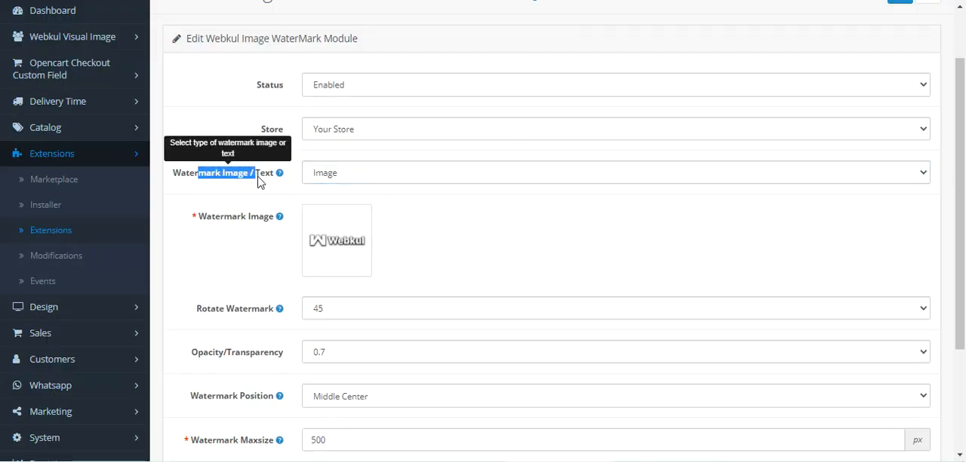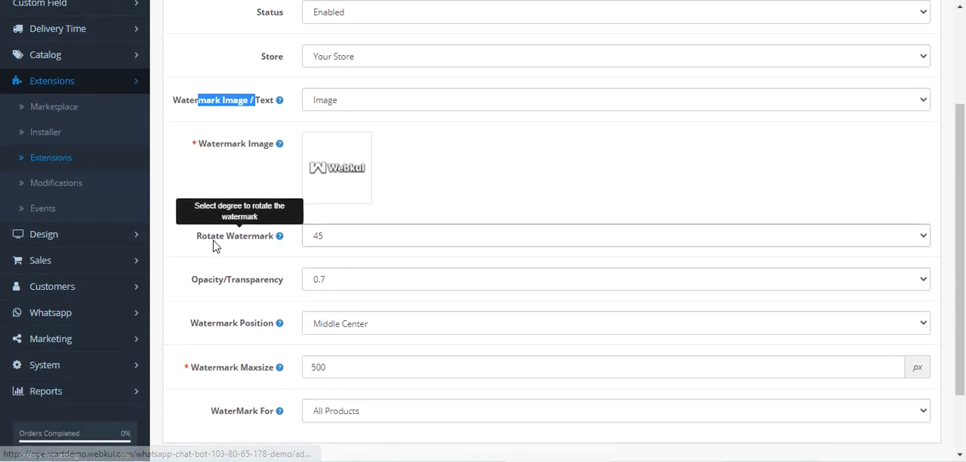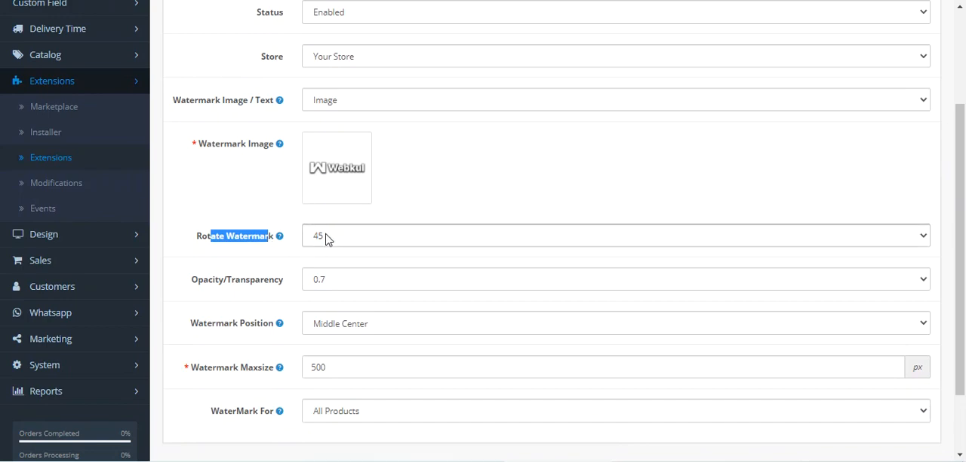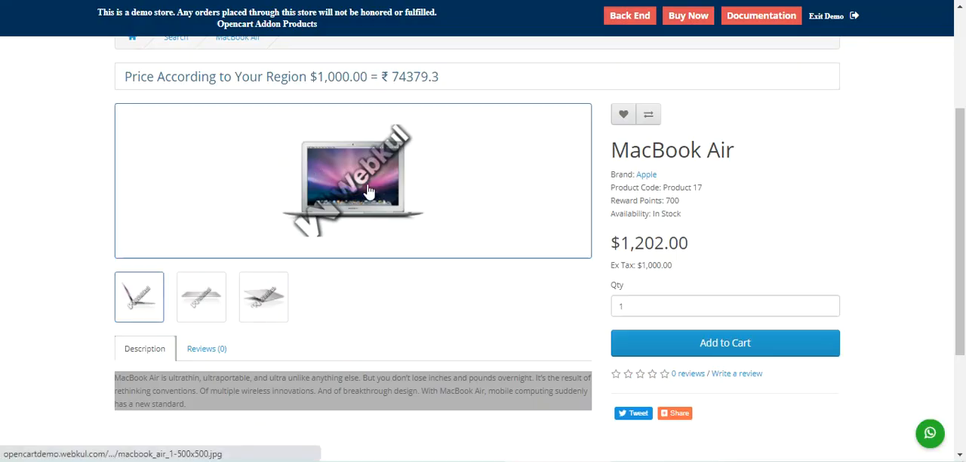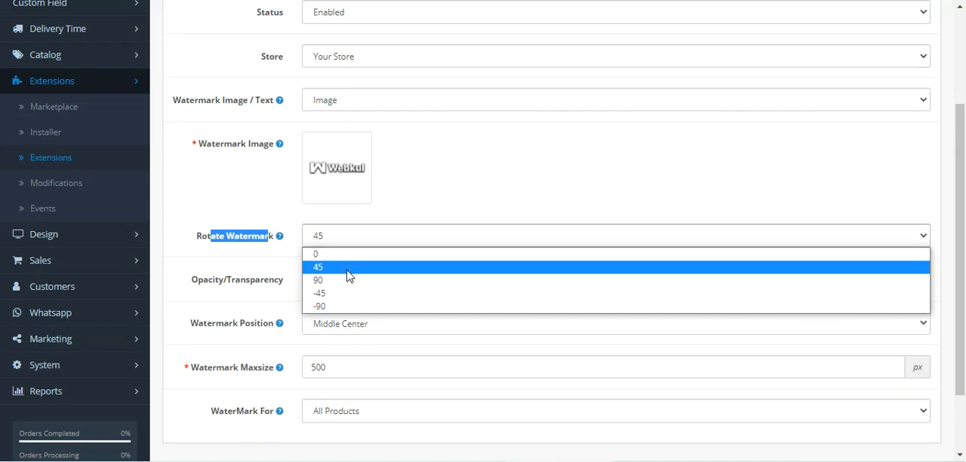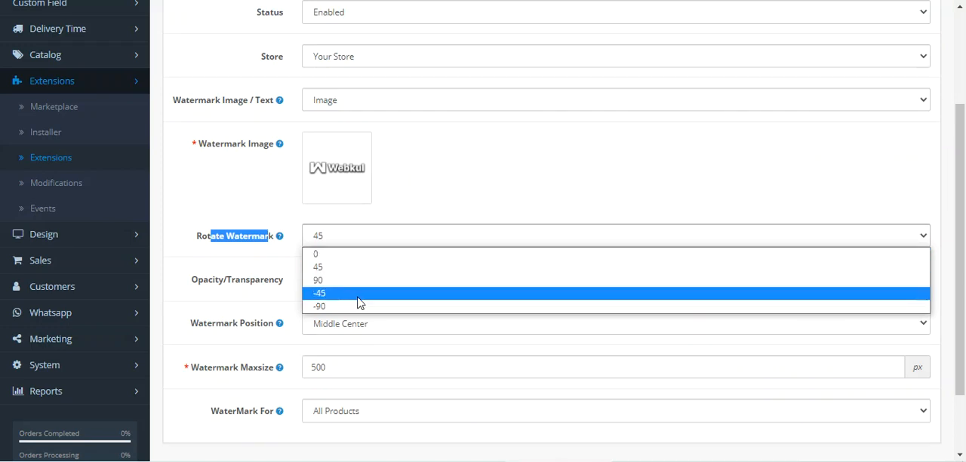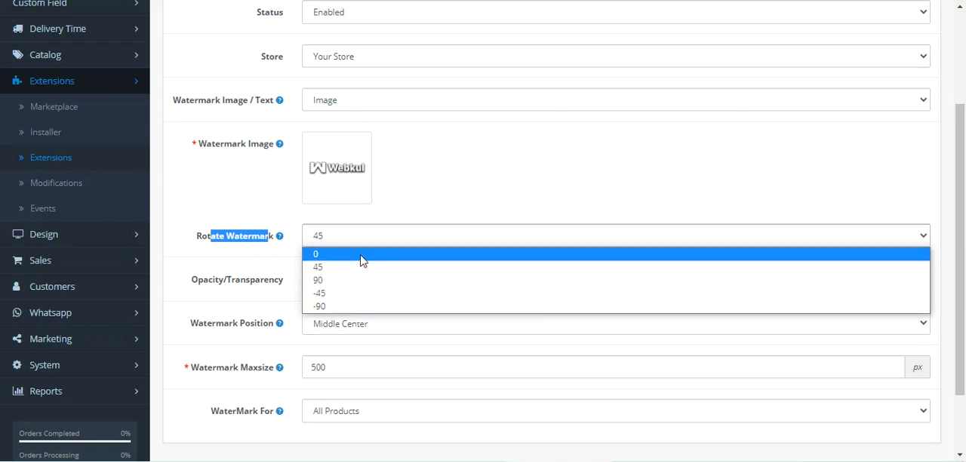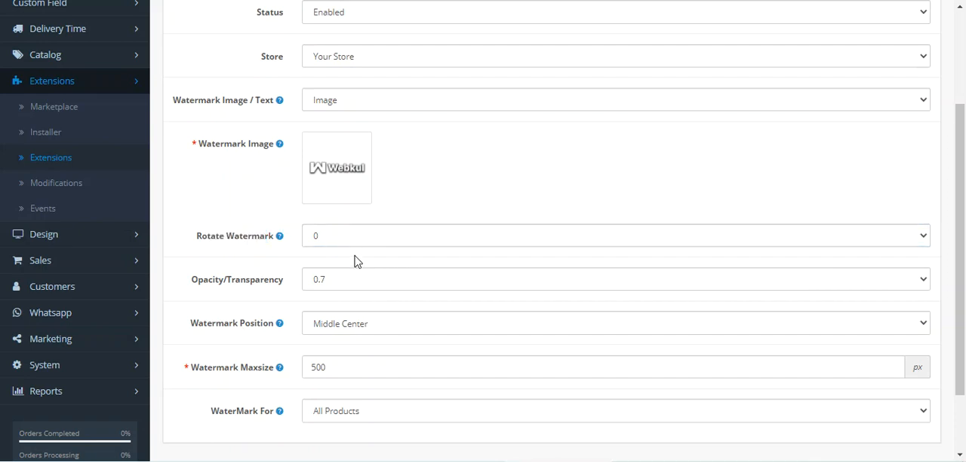So here we have chosen watermark as the image. Here you have to upload your watermark image that you have. Then you can set to rotate the watermark. You can basically select the degrees to rotate the watermark. Here we have rotated it to 45 degrees. So you can choose between 0, 45, 90, minus 45 and 90. For example, if I choose it as 0 degrees,